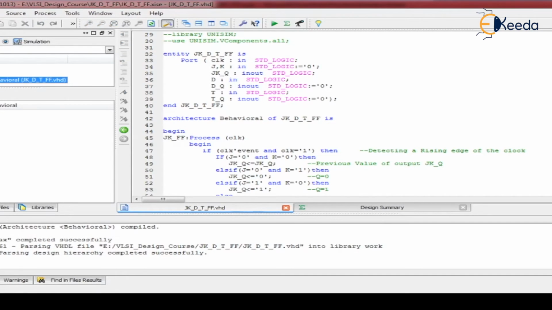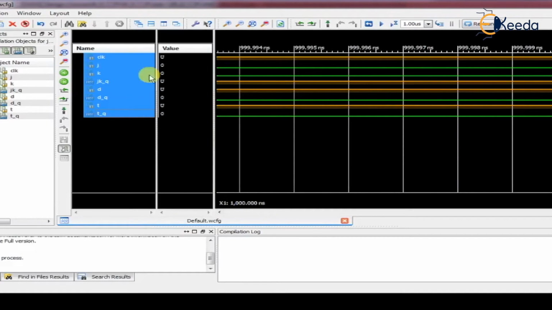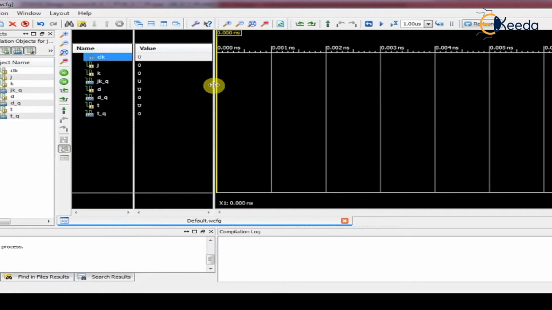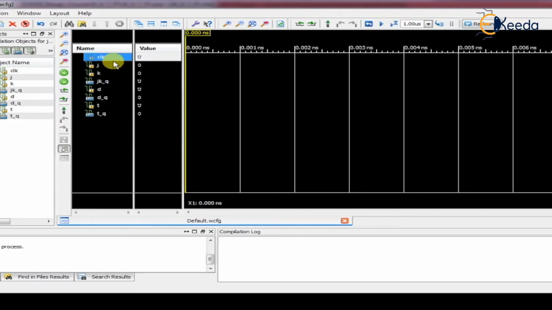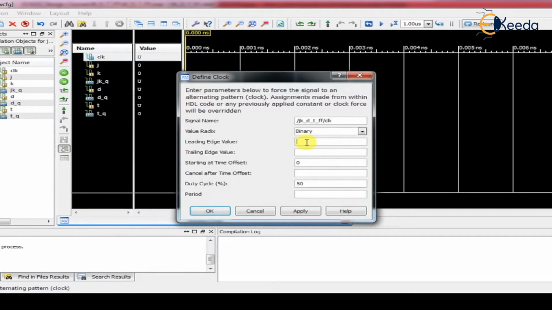Okay. Simulate it. Now we are going to simulate all these three flip-flops. Open the iSim. Now our iSim simulator is open. So let's restart it. I'm giving a slightly different signal assignment, so let us be careful while observing this. For the clock, we have to assign it by force clock. Here I am starting with logic 0, so my clock will start with logic 0, then the trailing edge will be 1, and I am keeping a period of 100 nanosecond.